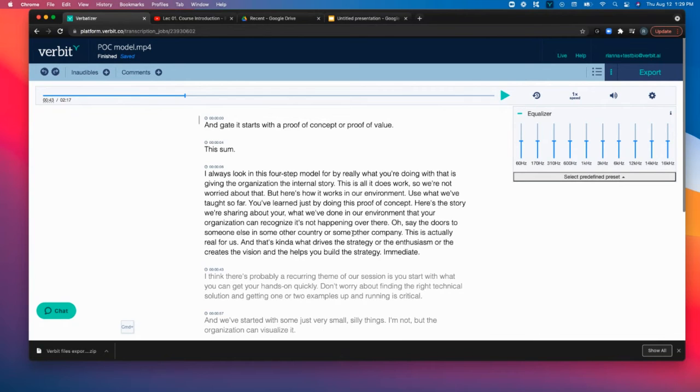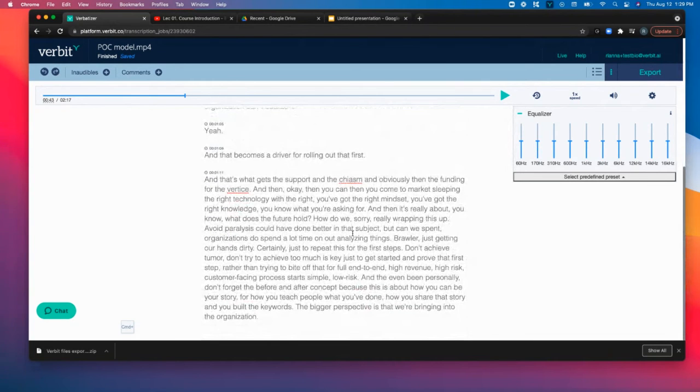Another great function is that as you're reading your transcript to make edits, wherever you move your cursor, let's move it here, you'll notice that the audio script at the top moved to where your cursor was. Oh, sorry about that. So you're able to get to the audio and you can hit play. Don't forget the before and after concept, so that way you can listen